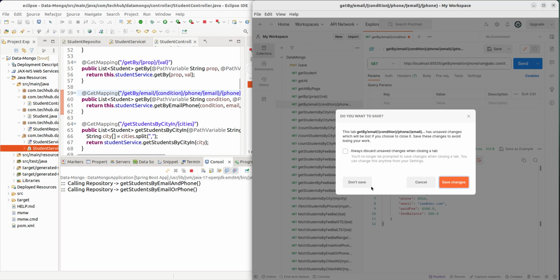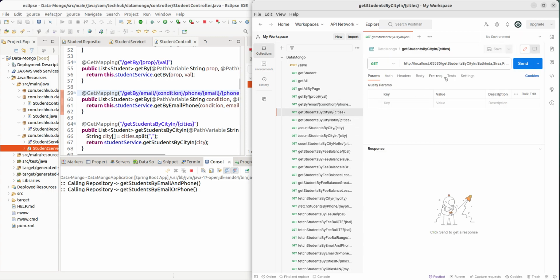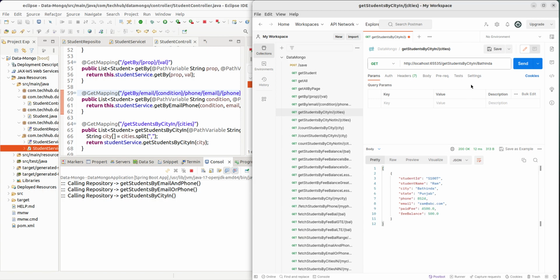Get student by city in. In which city? In city Bathinda, Sirsa, Fatehpur, Mansa. I am just giving here one first. Get student by city, get student by city in this city. One is there. If I give here Sirsa,